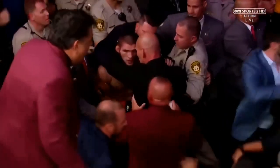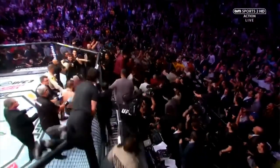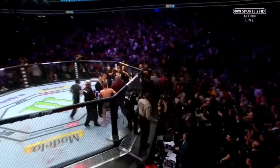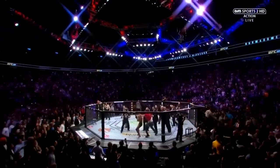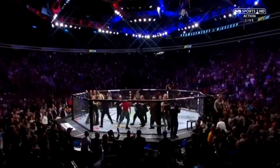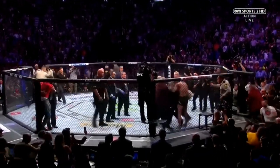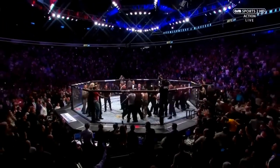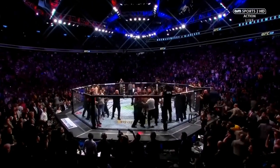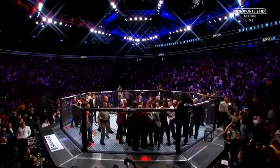Total chaos here. It looks like UFC security has corralled Khabib Nurmagomedov. Well, Khabib wasn't kidding when he said no handshake after the fight. Oh! And now one of Nurmagomedov's teammates throws a right hand at Conor. All hell has broken loose. This is crazy. And this is not